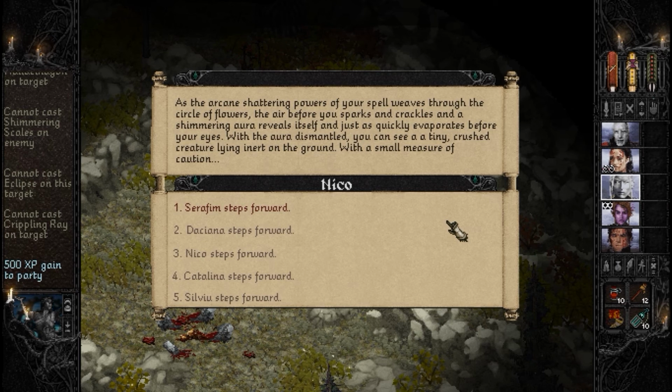As the arcane shattering power of your spell weaves through the circle of flowers, the air before you sparks and crackles, and a shimmering aura reveals itself and just as quickly evaporates before your eye. With the aura dismantled, you can see a tiny crushed creature lying inert on the ground. With a small measure of caution...